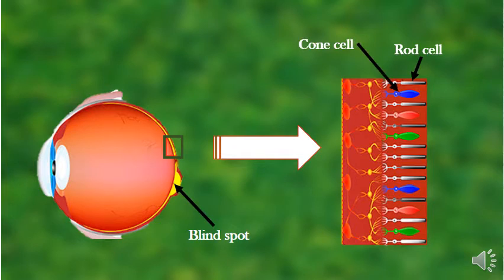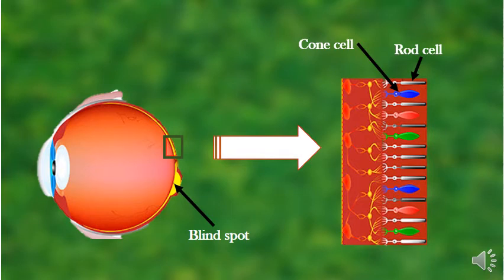The impression of an image doesn't vanish immediately from the retina basically. It persists there for about 1/16th of a second. So if images of a moving object are flashed on the eye at a rate faster than 16 per second, then the eye perceives this object as moving. The movies that we see are actually a number of separate pictures in proper sequence. They are made to move across the eye usually at the rate of 24 pictures per second, so much faster than 16 per second. So we see a moving picture.